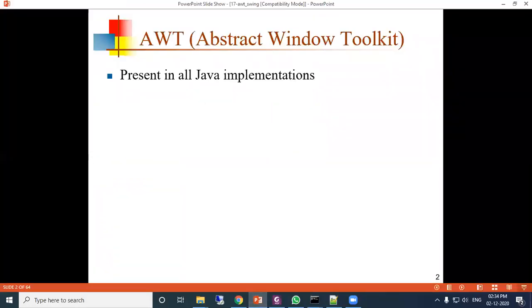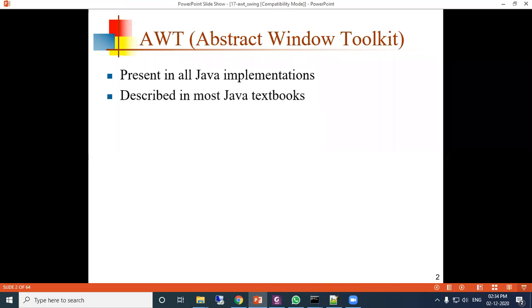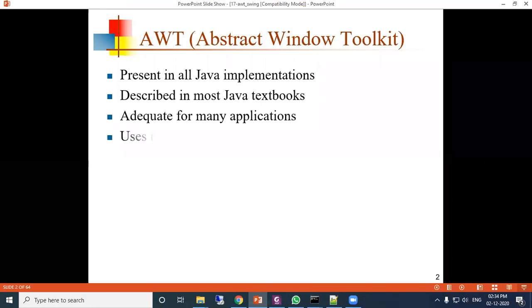So AWT, the full form is abstract window toolkit. Windows classes are there that we will use. It is present in all Java implementations, all the Java versions. It is described in most Java textbooks and is adequate for many applications.